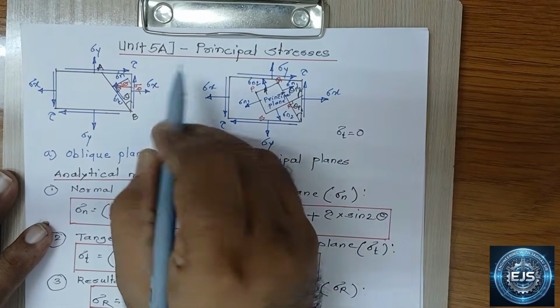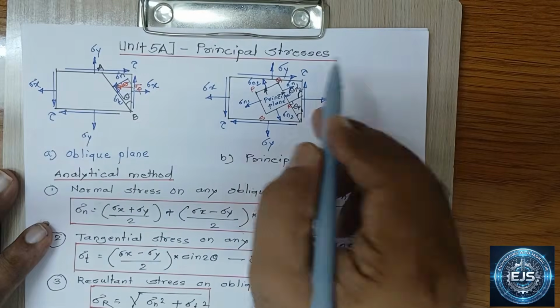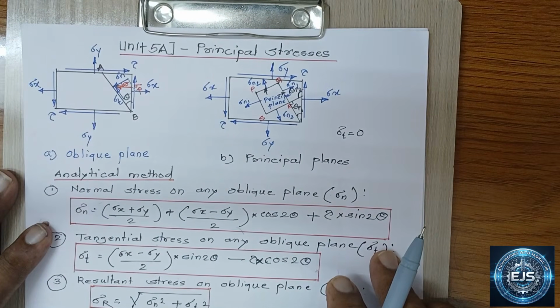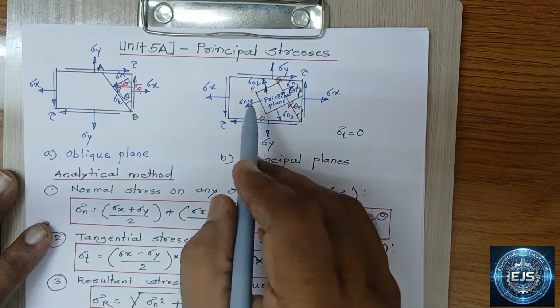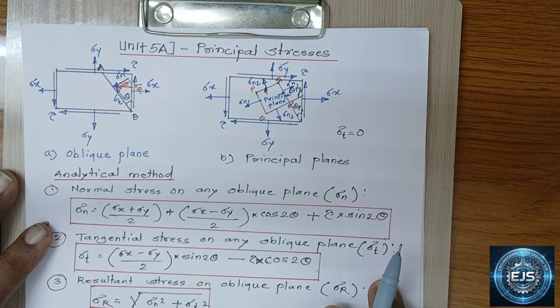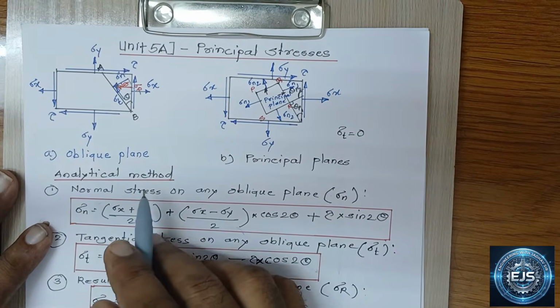हेलो स्टूडेंट्स, आज हम यूनिट 5 का ए पार्ट प्रिंसिपल स्ट्रेसेस डिस्कस करेंगे। यूनिट 5 में दो पार्ट है। पहला पार्ट है प्रिंसिपल स्ट्रेसेस और बी पार्ट है थ्योरीज ऑफ फेल्योर। प्रिंसिपल स्ट्रेस के ऊपर 12 मार्क्स का प्रॉब्लम आता है और थ्योरीज ऑफ फेल्योर के ऊपर 6 मार्क्स का प्रॉब्लम आता है।